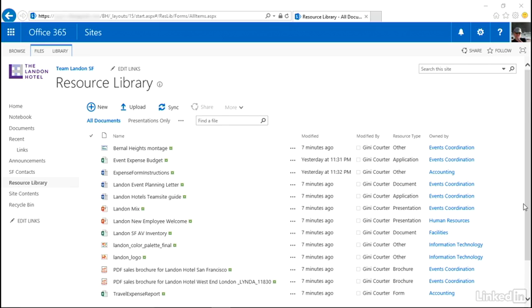We also customized this library by adding 2 columns, and each time we added, there was a checkbox that asked whether we should add this to the default view. And because we didn't clear that checkbox, resource type and owned by are also included as columns in this All Documents view. Think of the All Documents view as your starting point for every other view that you will create